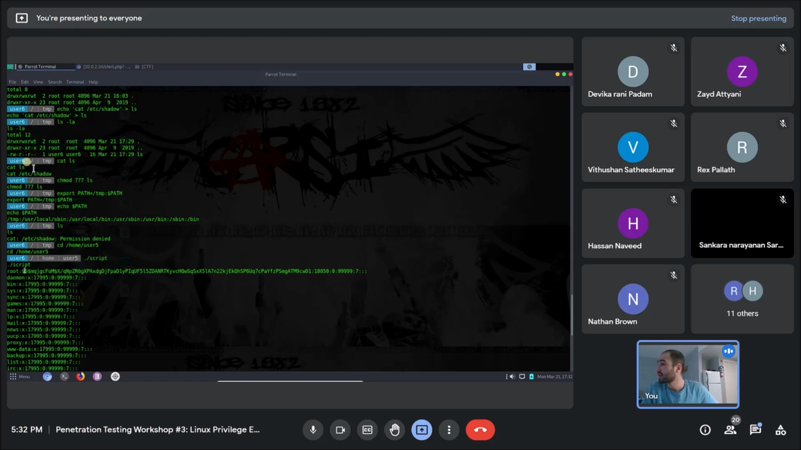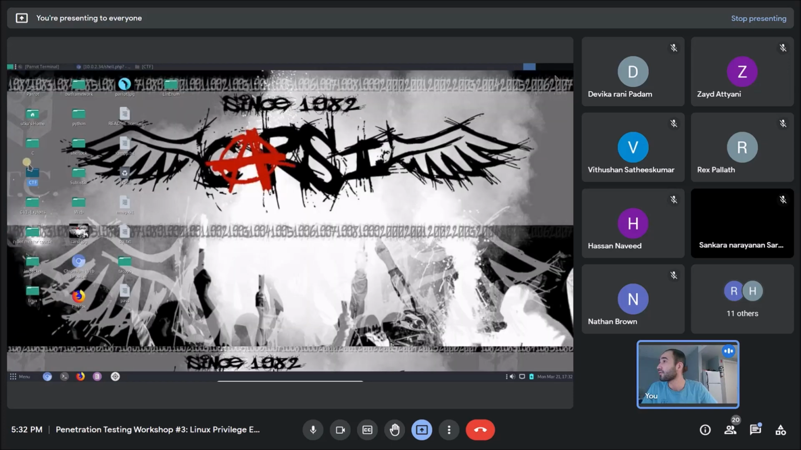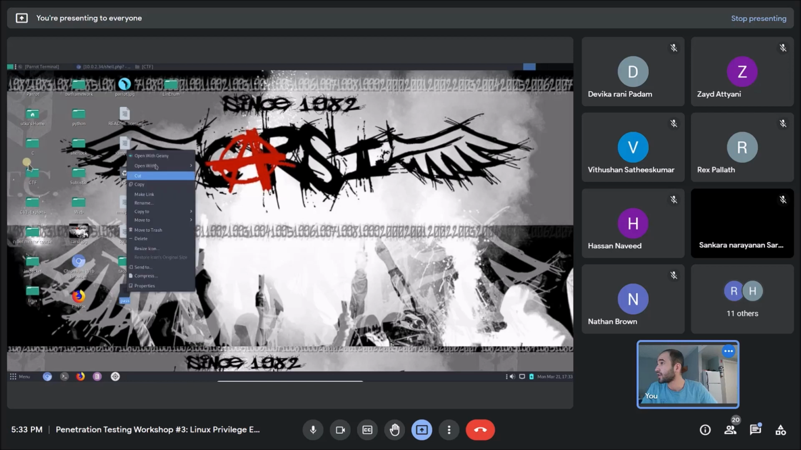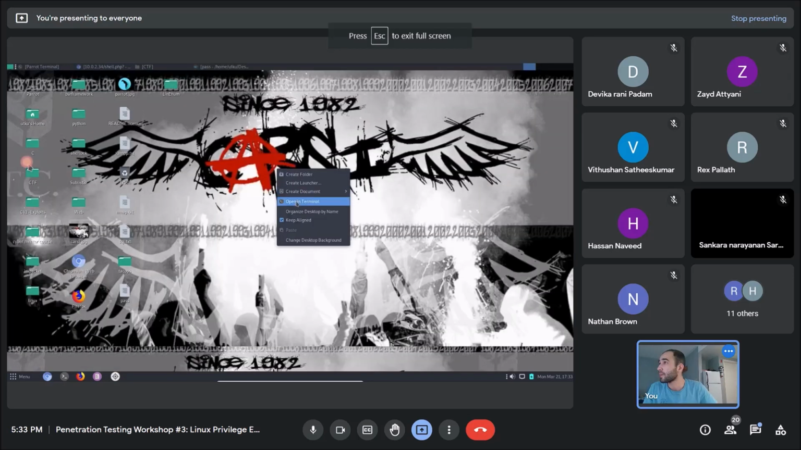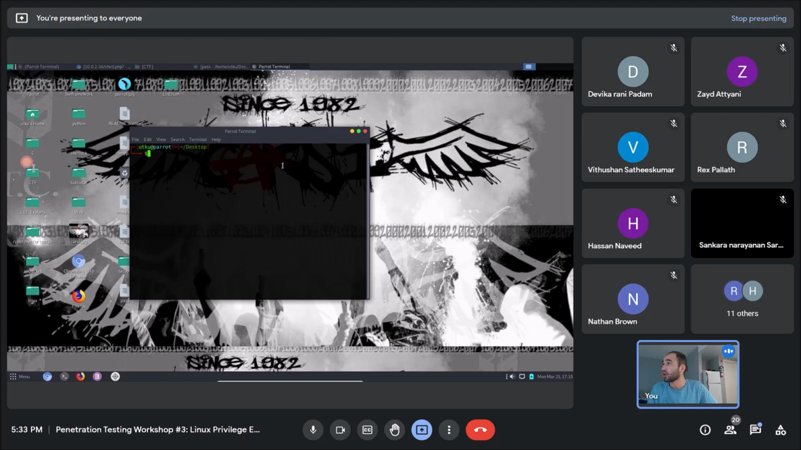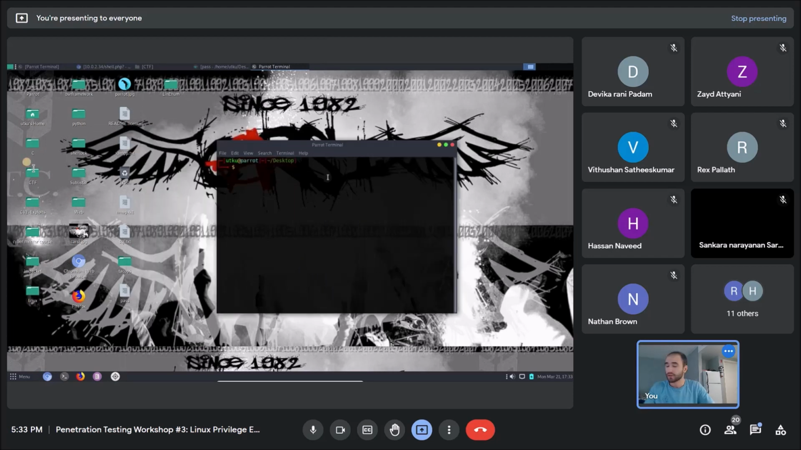So I already have this hash in here. So right now I'm going to use a tool called John the Ripper to crack this hash. So to do that, I'm gonna go john and I'm gonna specify the file name. And if I hit enter,